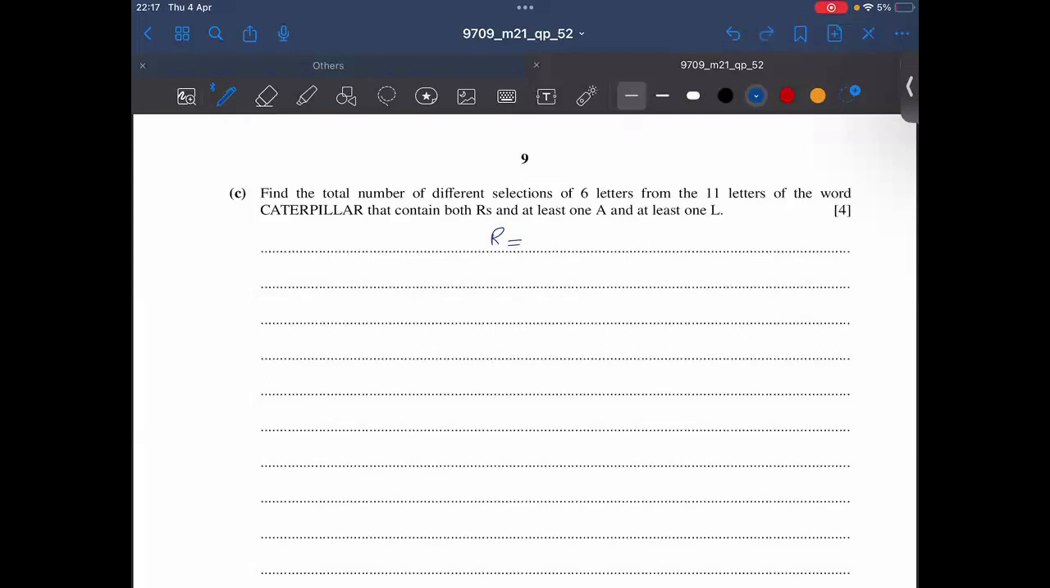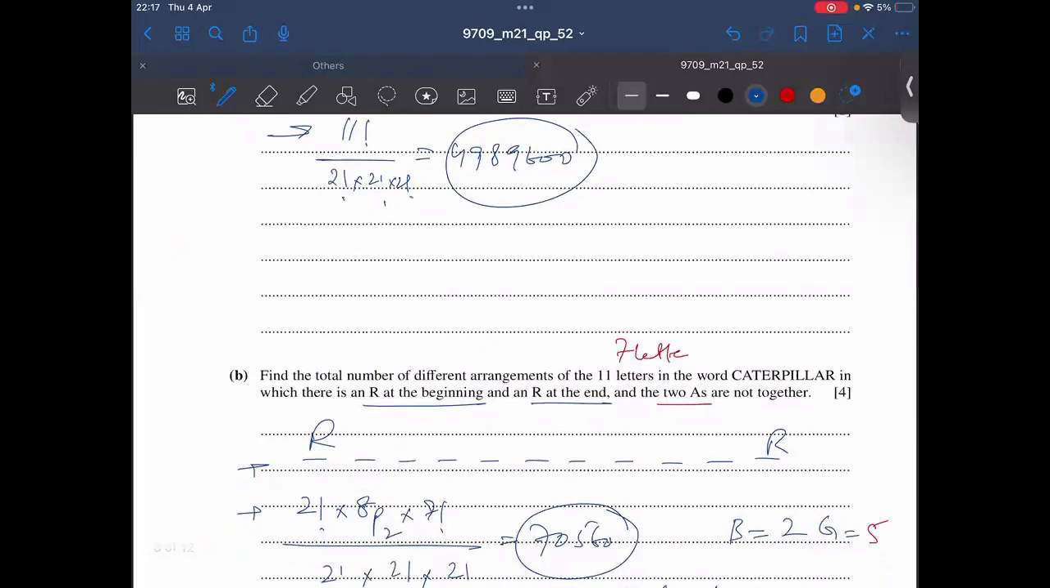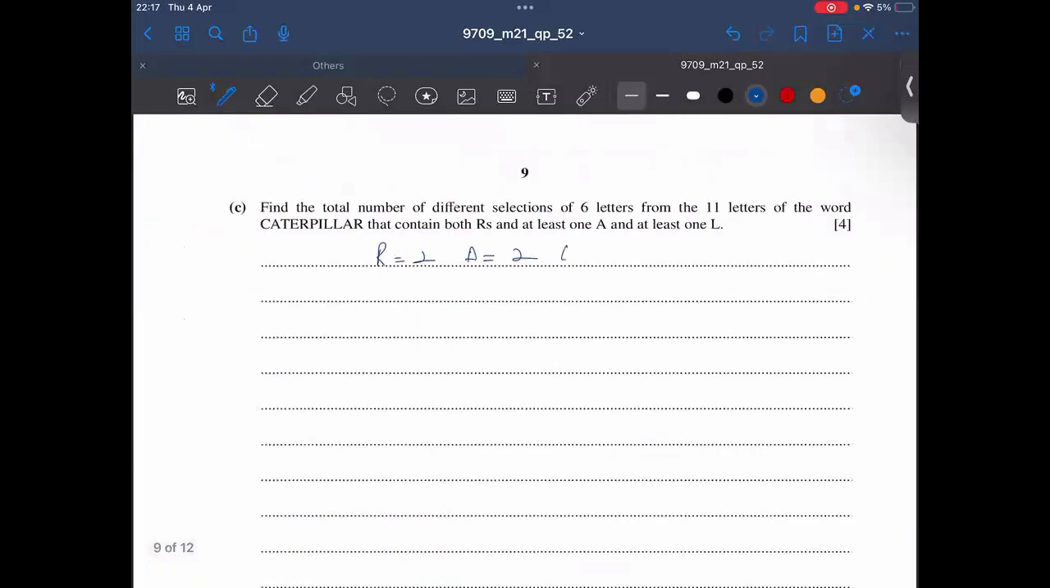Okay. Now for this, what we're gonna do is that first we're going to write down कि हमारे पास जो repeated letters हैं वो कौन से हैं। R है 2, A है 2 और L है 2, ठीक है ना। अच्छा, आपने सिलेक्शन कितनी करनी है? 6 की करनी है ना, सेलेक्ट 6 करनी है आप।